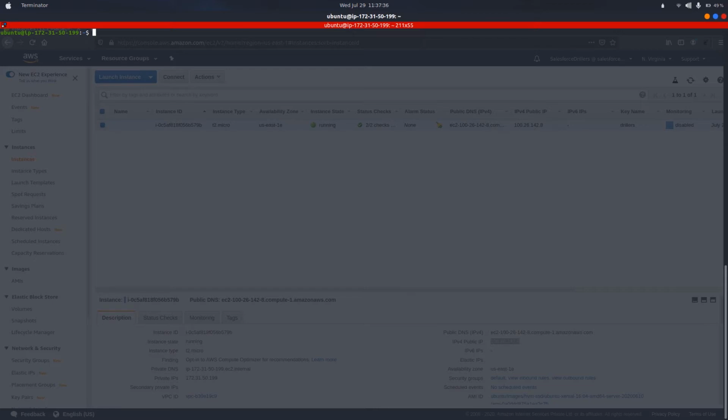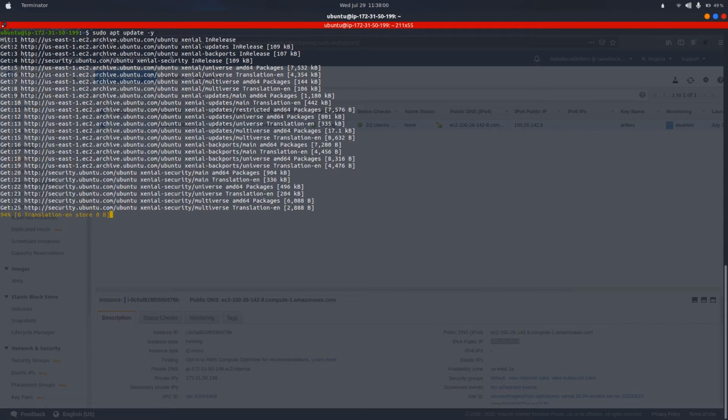Suppose that you have freshly logged into an instance and you want to update your server repository. In that case you have to write sudo apt update, where sudo means super user do, and after update, as you can see, I have put a flag which says -y, which means yes. Now if I press enter, then I do not need to provide the yes input further. So we can see it is updated.